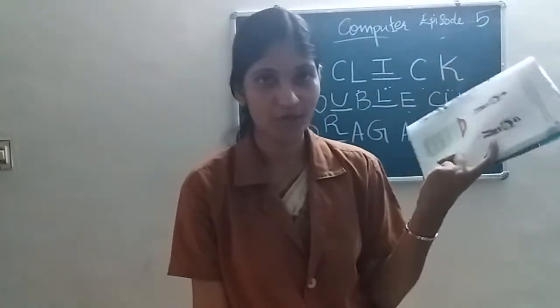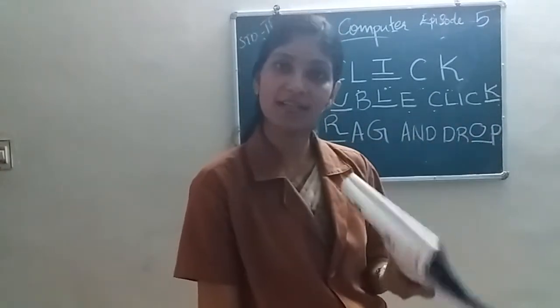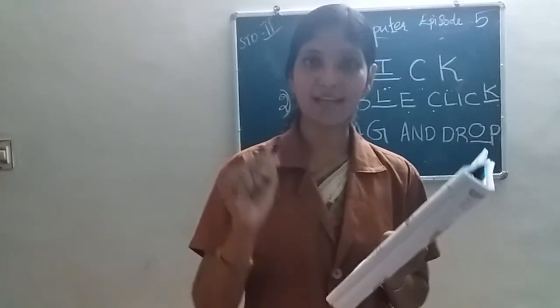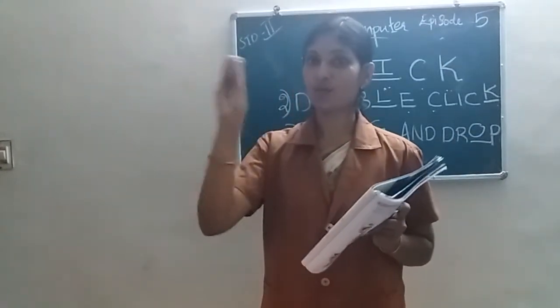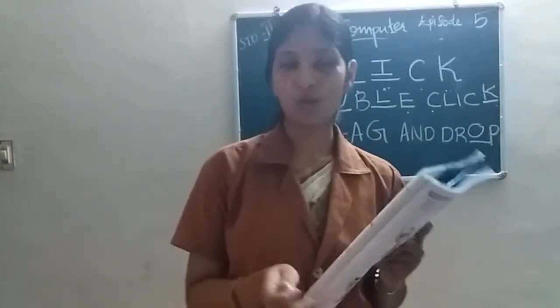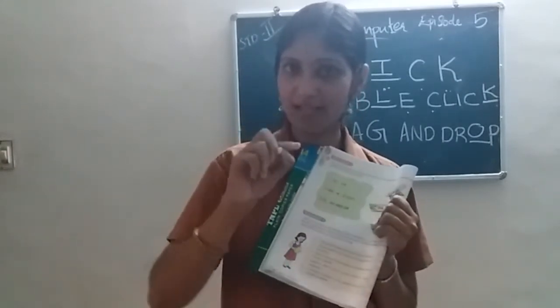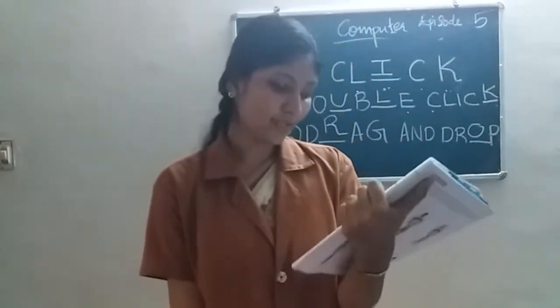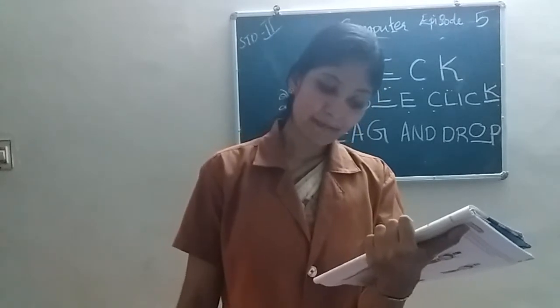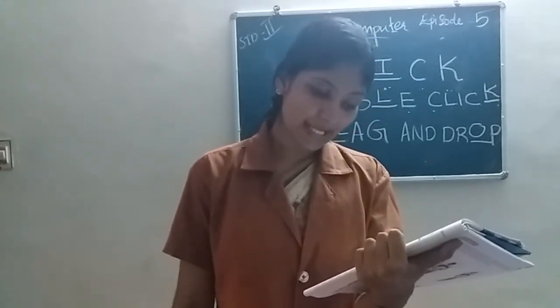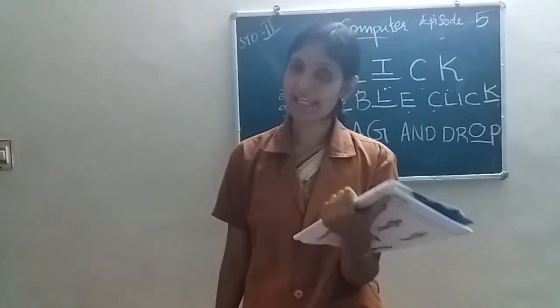What is the job of a monitor? It displays the work we do on the computer, right? So here the statement is the monitor displays what you do on a computer. So is this correct or not? Yes, this is correct. So you have to put a tick mark on this box. So just put a tick mark on the box given here. Okay. Then second question. The keyboard is a part where you hang the keys of your house. Is a keyboard a part which hangs our house keys?